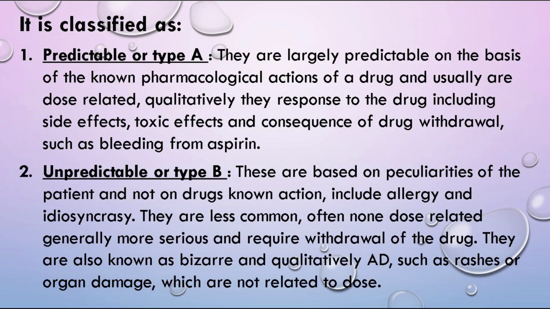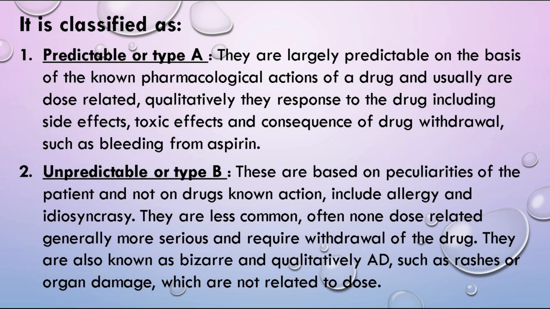It is classified as: 1. Predictable, or Type A. They are largely predictable on the basis of the known pharmacological actions of a drug and usually are dose-related. Qualitatively, they are exaggerated responses to the drug, including side effects, toxic effects, and consequences of drug withdrawal,